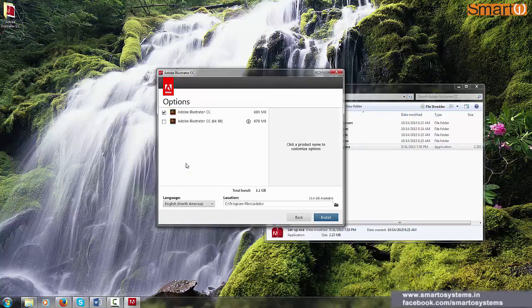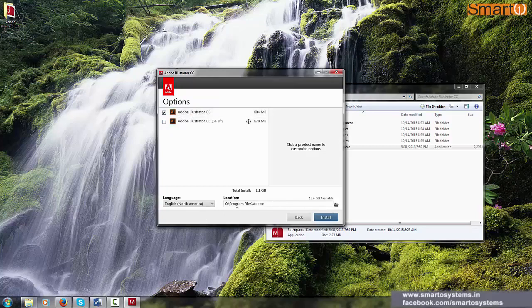Now I have a 64-bit installation version, so it is showing me two options, 64-bit and Adobe Illustrator CC. So what you have downloaded right now is the 32-bit version. So this option might not appear in your setup. If you manage to find the 64-bit version, that's good enough. I mean, if you have 64-bit Windows, that will fairly run on your system and there will be no problem. So I'm going to install only the 32-bit version right now.